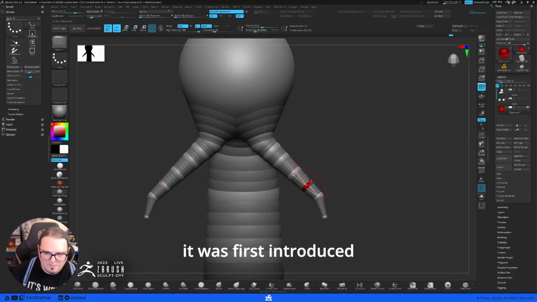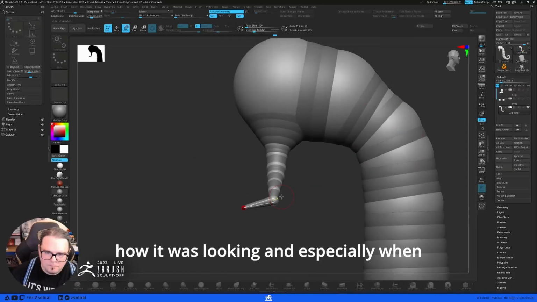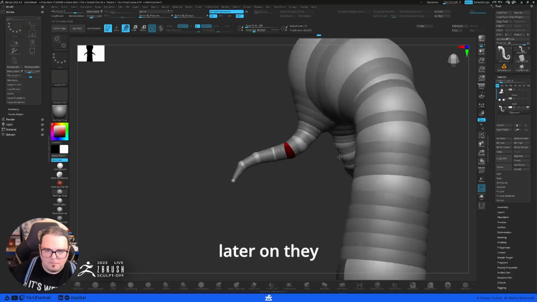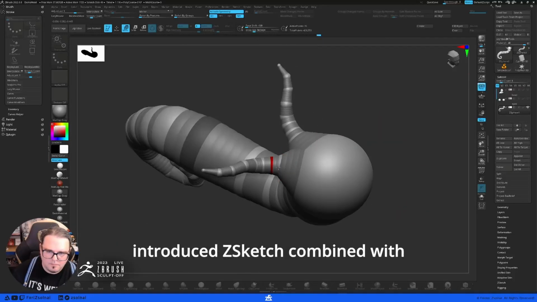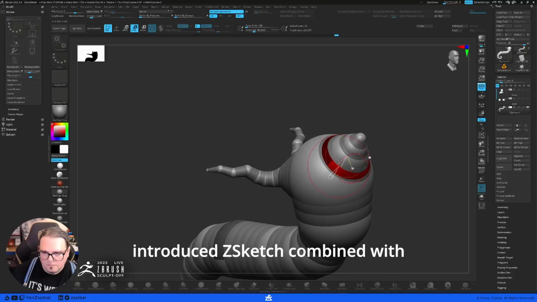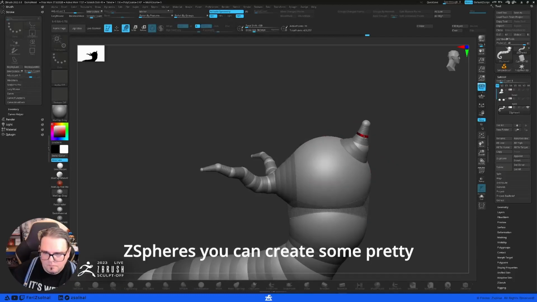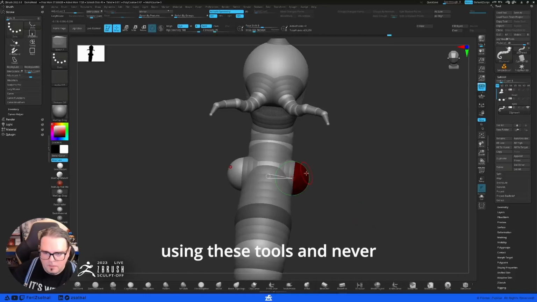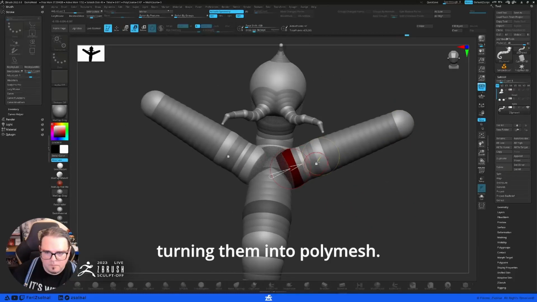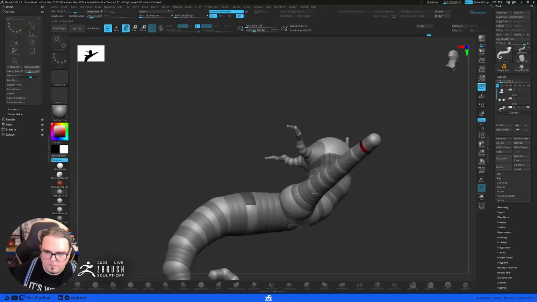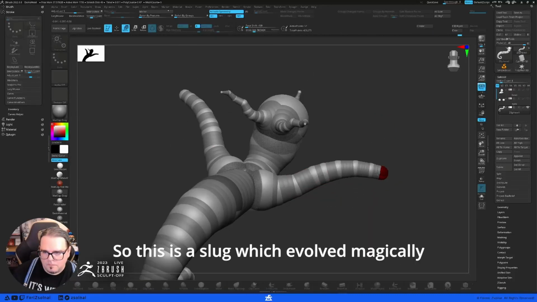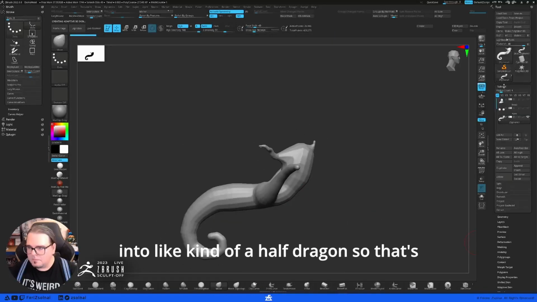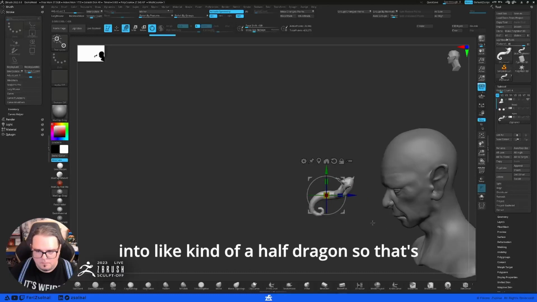When it was first introduced, I fell in love with just how it was looking, and especially when later on they introduced Z-Sketch combined with Z-spheres, you can create some pretty amazing artwork just by using these tools and never turning them into polymesh. So this is a slug which evolved magically into kind of a half dragon,